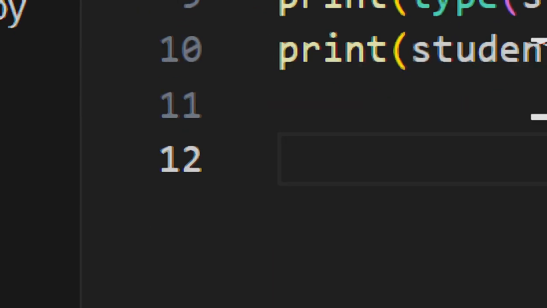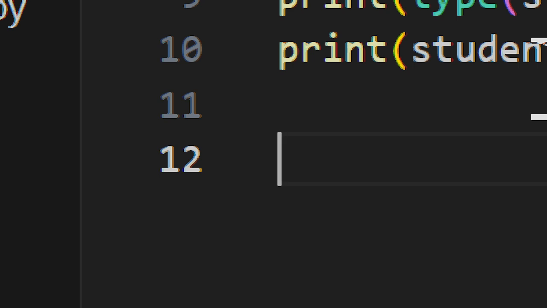If you want to access the name, age or course, like in the list and tuple concept, where we directly mention the index value, here you mention the key name.